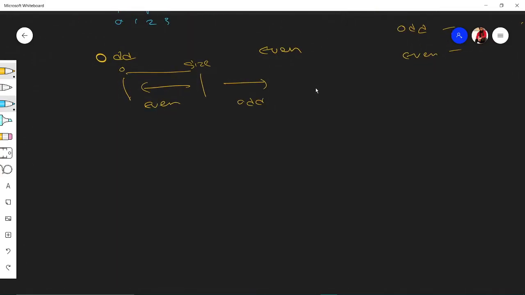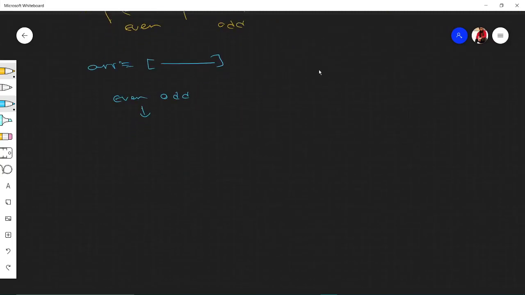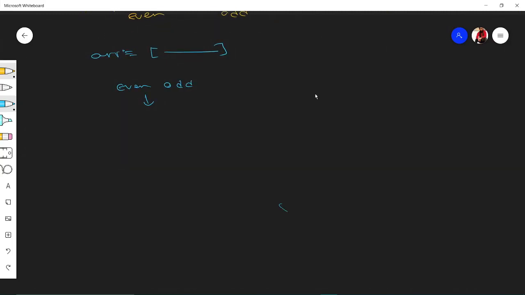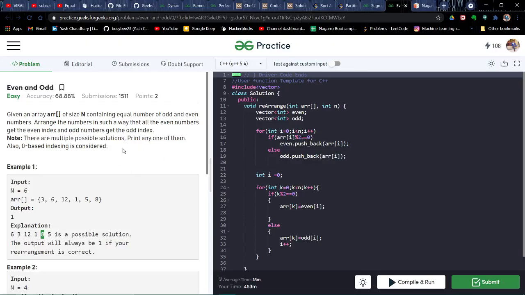For this question, if they are saying that you have an array and you just have to segregate it into even and odd, what you will do is, we have already taken out the even and odd arrays. For the even part, you'll start a loop from 0 until the even size. You'll execute it till the even size and just fill it into the array, because they always ask you to fill the array.